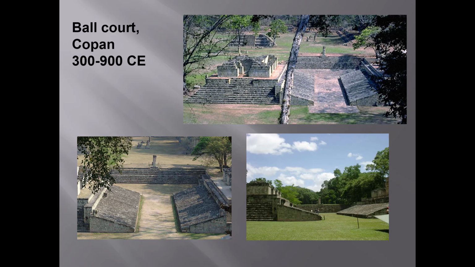Mesoamerican cultures saw the ball and its movement in the court as paralleling the movement of heavenly bodies in the sky. The game was viewed as a battle between the sun against the moon and stars, representing the principles of lightness and darkness. If a particular game had religious meaning, the losing team could be sacrificed, or maybe it was the winning team. Archaeologists are still arguing about that one.